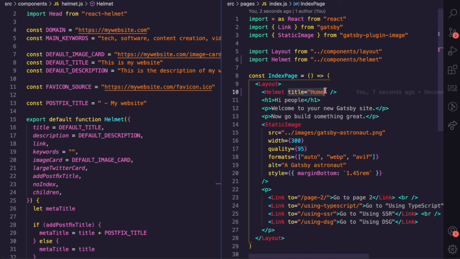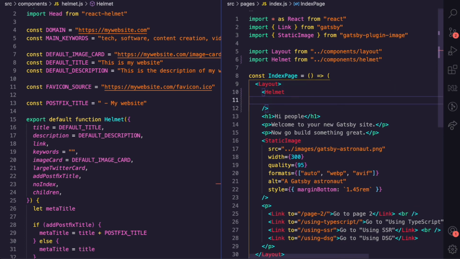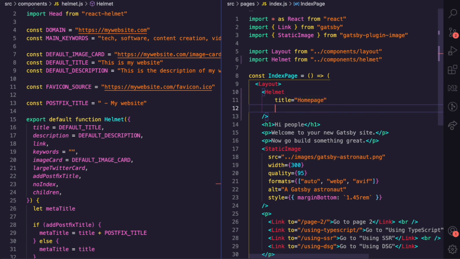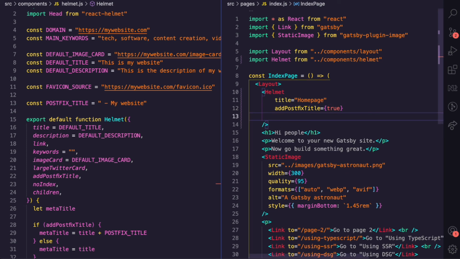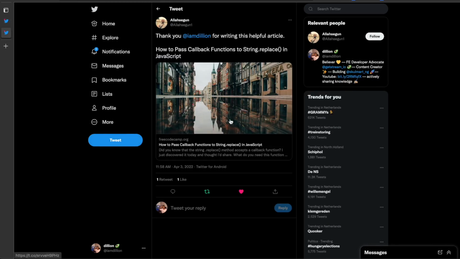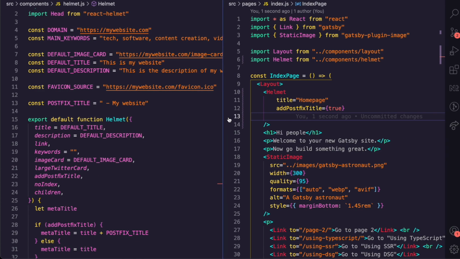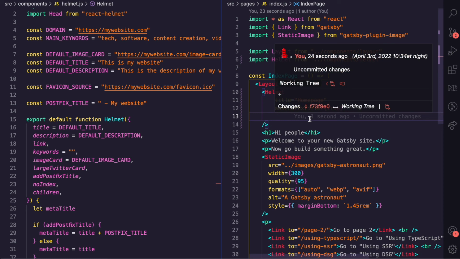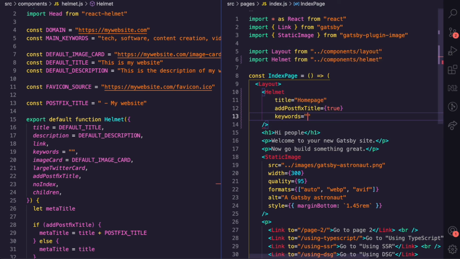So for the helmet, I'll get rid of this. So we can add a title, homepage. Do we want a postfix title? True. Large Twitter card is already false, so I'd love to leave that as false. For example, for me, I love using summary when it's just a contact page, my page, like this. But when I have articles, like when I write an article, I love using the large Twitter card so that the article cover shows correctly. So it's already false, and I'm going to leave it as false. For keywords, I can just add homepage,